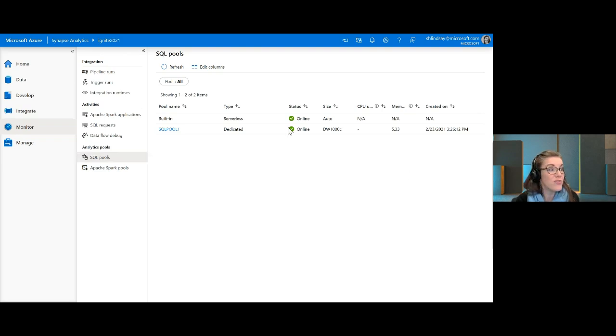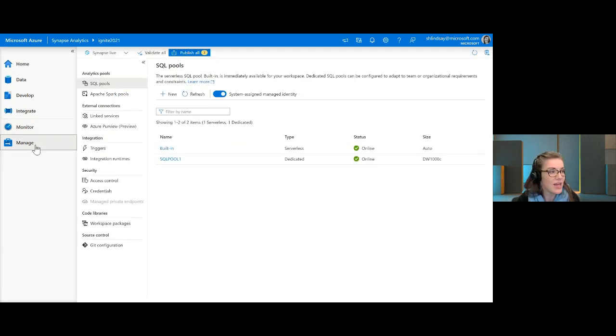All right, so moving down through the activity hubs, we're now going to jump into the Manage Activity Hub. So the Manage Activity Hub is where you can keep an eye on your analytical pools, external connections, integration, security, and source control.